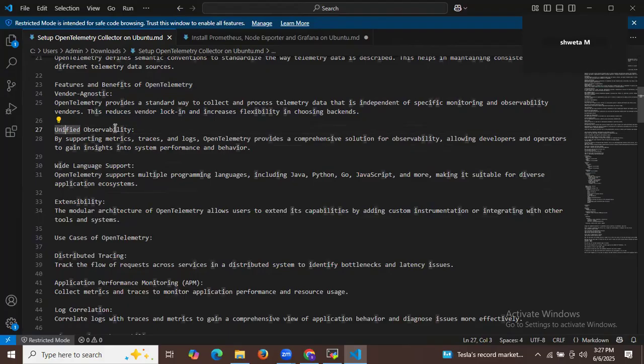The next feature is unified observability. By supporting metrics, traces, and logs, OpenTelemetry provides a comprehensive solution for observability, allowing developers and operators to gain insight into system performance and behavior. The third benefit is wide language support. OpenTelemetry supports multiple programming languages including Java, Python, Go, JavaScript, and more, making it suitable for diverse application ecosystems. And the fourth and last one is